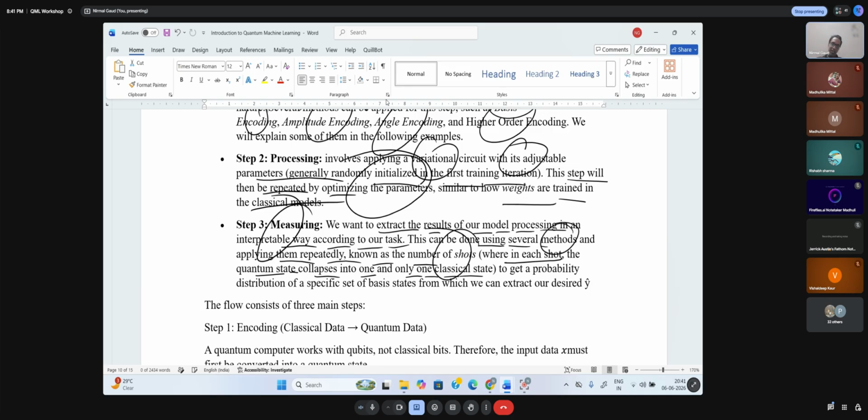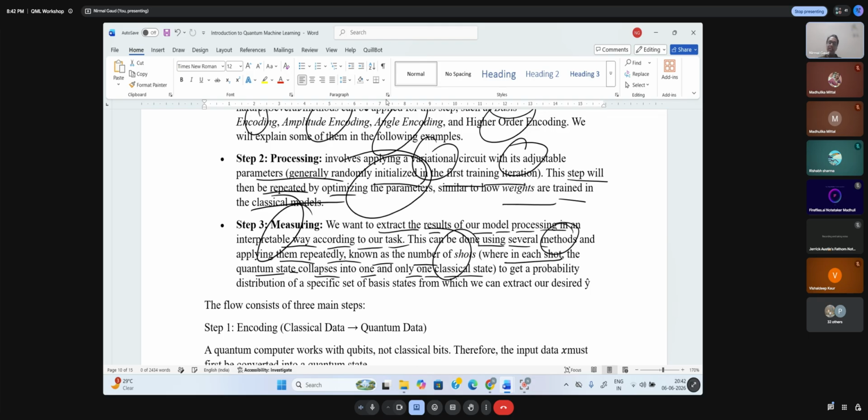You have converted your input into encoding qubits. You have given the qubits to the quantum circuit. The quantum circuit is processing your qubits. Now, after processing, it will give a result. You need to measure them, to see what result came. So, how can the measurement be done?